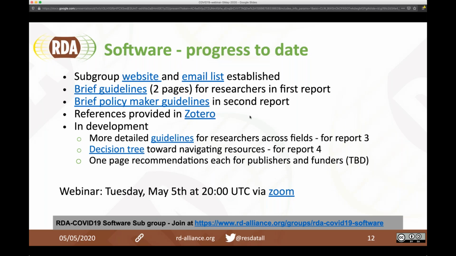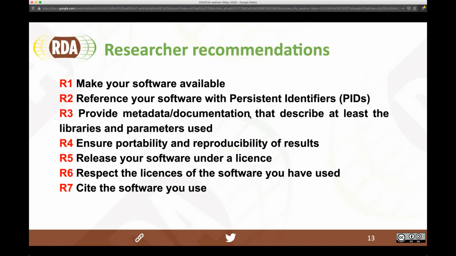Next slide. So it's just a quick overview of what our first document said in terms of researcher recommendations. We tried to really focus on things that a researcher could do differently now in this time poor environment quickly. We really focused on quick wins rather than some of the long-term goals. But as we go through the review of some of these in response to feedback, we might look at changes such as emerging R6 and R7 there. And then the next and last slide